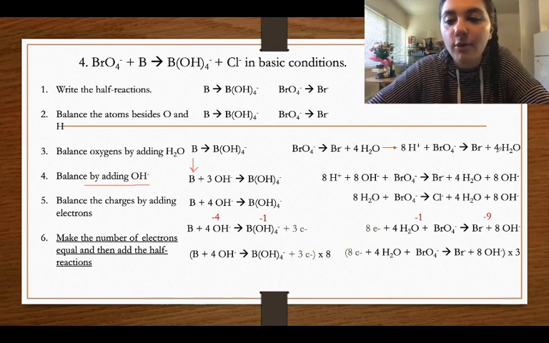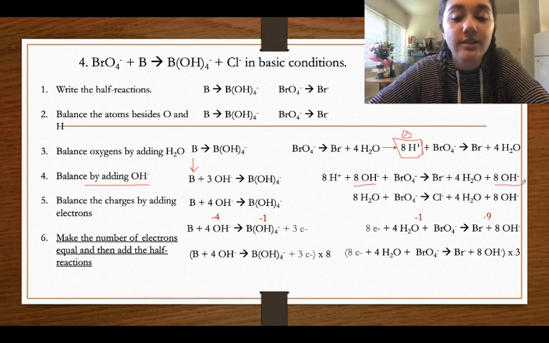And I know that if I add 4 waters, I need to add 8 hydrogens. But we know that because we're in basic conditions, I can't really have freestanding hydrogens because they are going to get eaten up by hydroxyls. So I have to add 8 hydroxyls. And remember that you can't just add things willy-nilly. It has to equal on either side. So I have to add 8 hydroxyls to the other side,